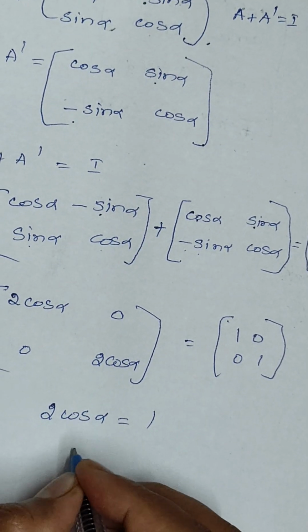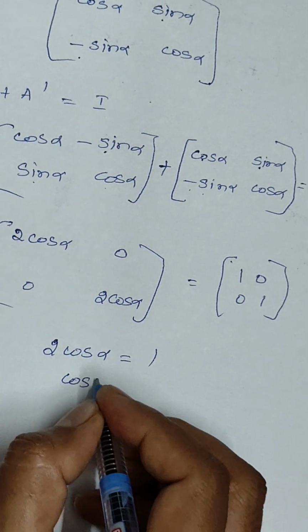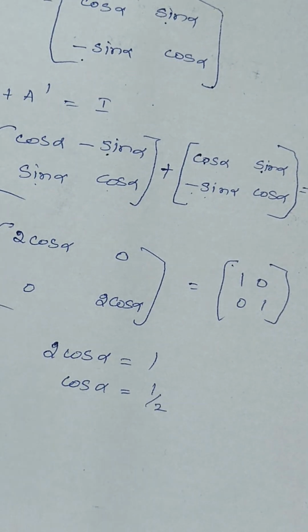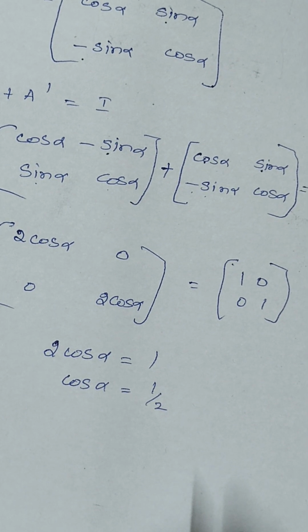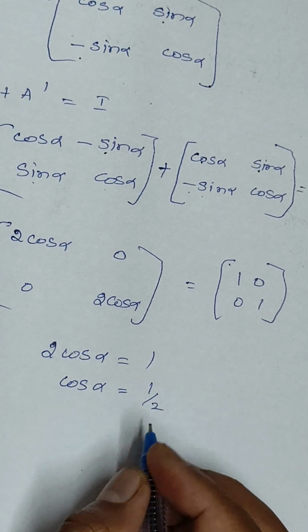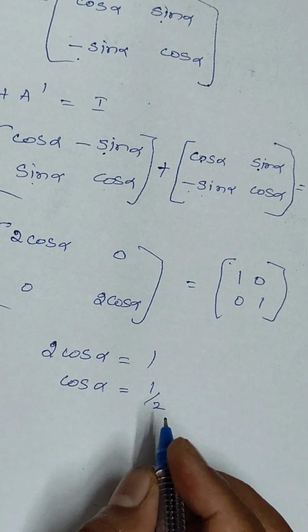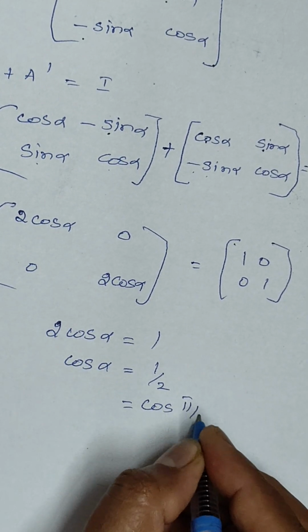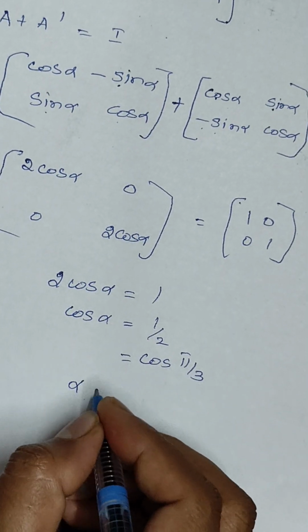2 cos alpha equal to 1. Therefore, cos alpha equal to 1 by 2. When cos alpha is 1 by 2, that is equal to pi by 3. So we can write here it is cos pi by 3. So what is the value of alpha? Alpha equal to